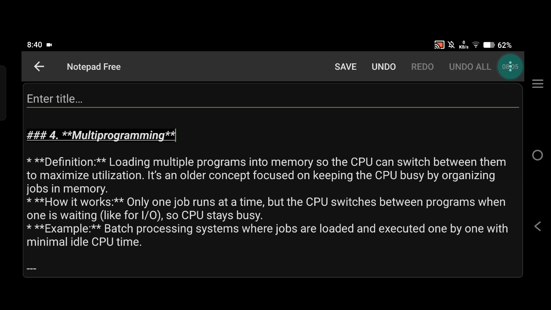This technique was widely used in early batch processing systems where several jobs were prepared in advance and run one after another with minimal idle CPU time.